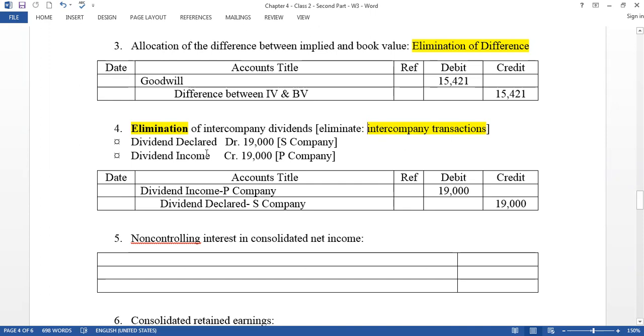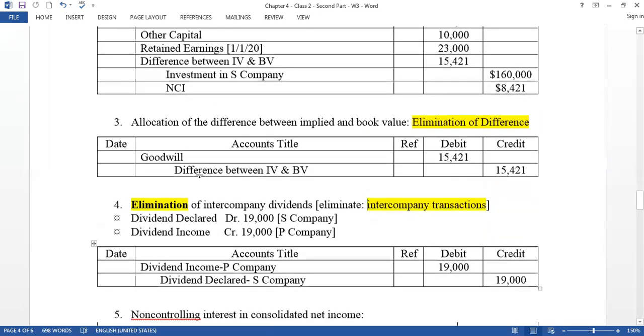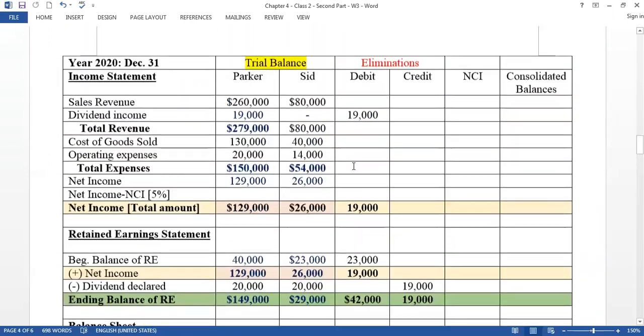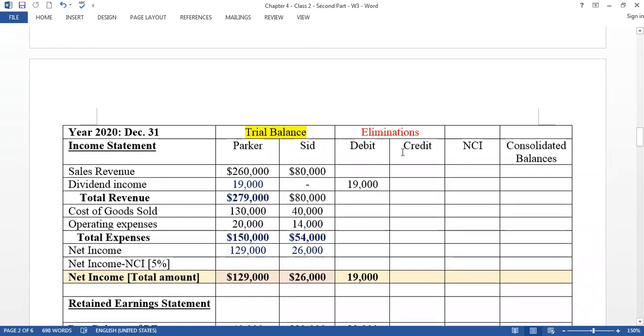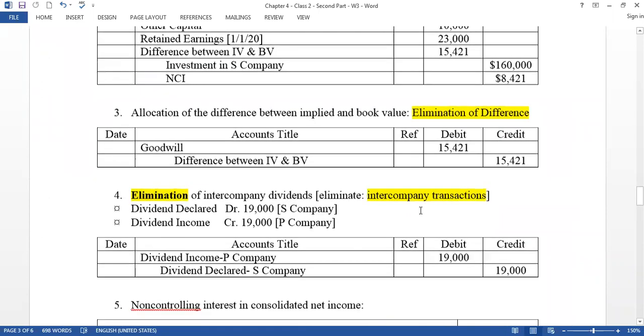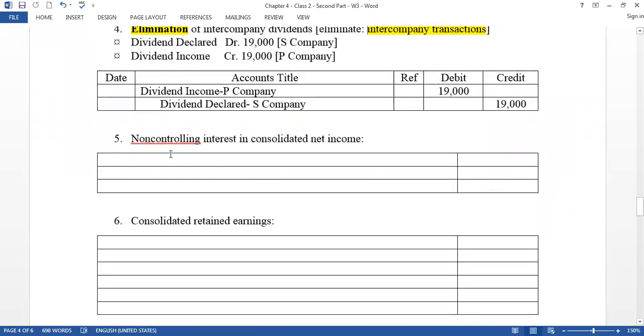Why is it called intercompany? Because the subsidiary company declared the dividend and the parent company received it, so they have an intercompany transaction. As dividend is connected with net income, and we already recorded net income in the income statement, this dividend should be eliminated. These are the elimination journals, and all debit items we put under the debit column of elimination, and all credit items under the credit column. So we did that here. Now we have to